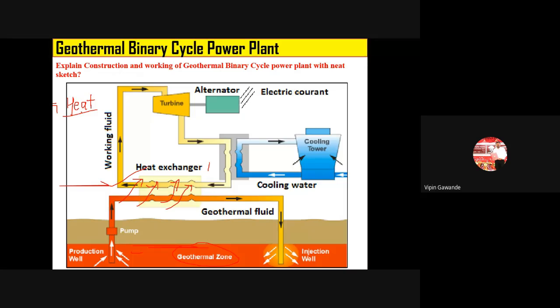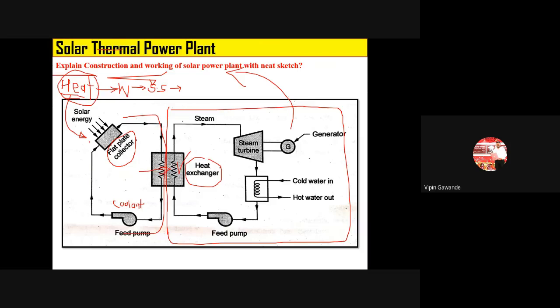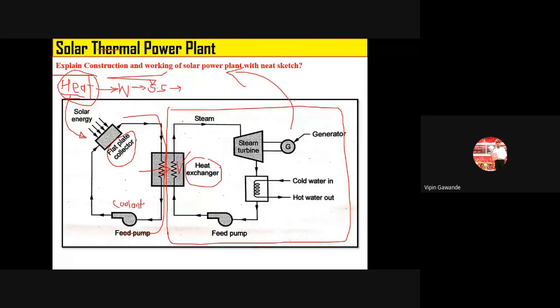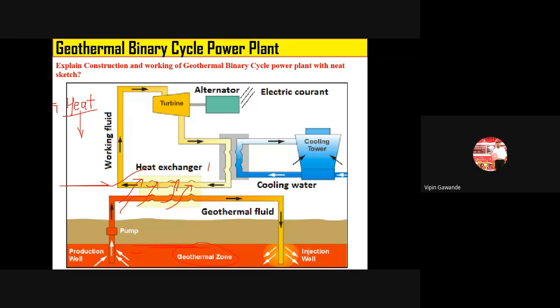Now heat is there, so then heat is taken into the heat exchanger. Okay, so that comes here. So in a thermal power plant, it comes directly. In a nuclear power plant, we are using the coolant for taking that heat. In the solar thermal power plant also, we have used the coolant, so that coolant goes into the flat plate collector, takes the heat, and then it is supplied to the water. Now in the geothermal power plant also, we directly pump it, and then that fluid flows through our system. So after rejecting the heat in the heat exchanger, that fluid is then rejected here in the ground only, directly.